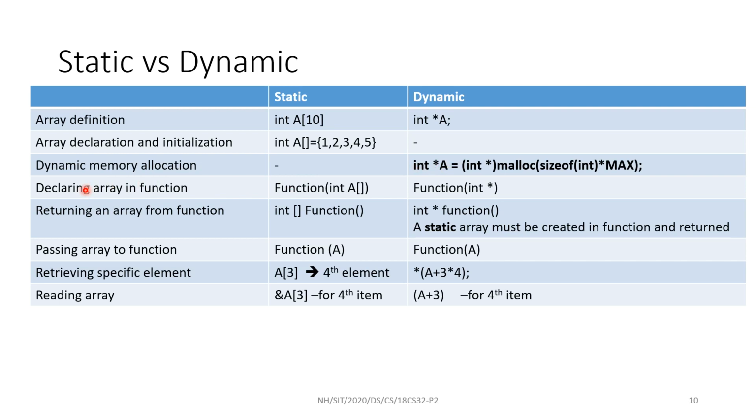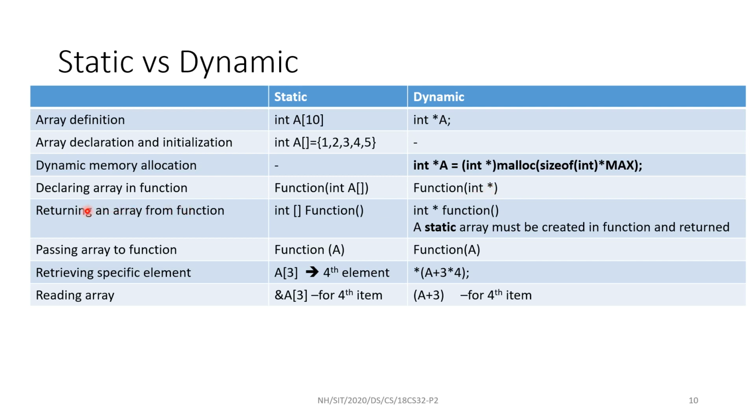To send an array, dynamic array or static array, a function can be used that will simplify your work. Function, type of that array, name of the array, the dimension. You need not mention the size of the array. In case of a 2D array, use two open-close brackets. In case of a dynamic array, the starting address of that dynamic array is enough. That is A star. Okay.